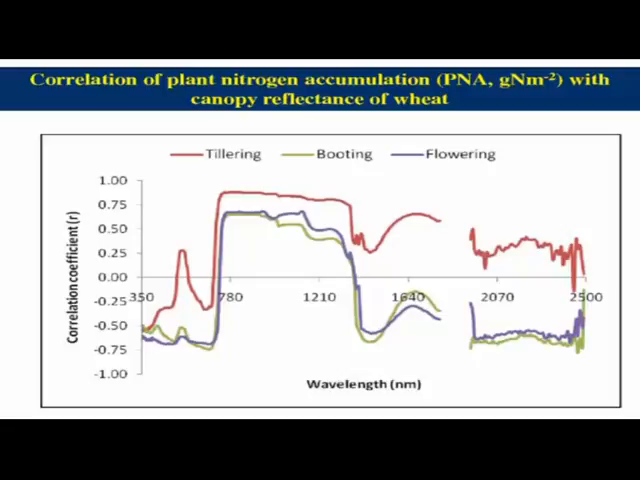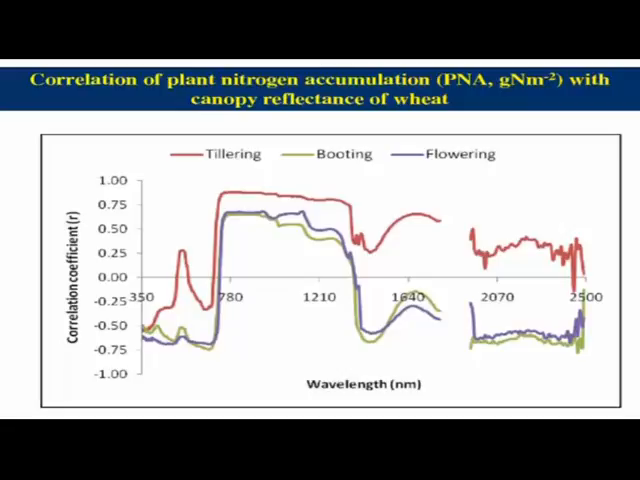So you could see here the correlation between the reflectance pattern of the plant, the nitrogen reflectance pattern all over the spectra starting from 350 to 2500, and the plant nitrogen accumulation. You are able to see the spectral pattern in the tillering, booting and flowering stage. In the tillering stage, you are not able to see a proper pattern,